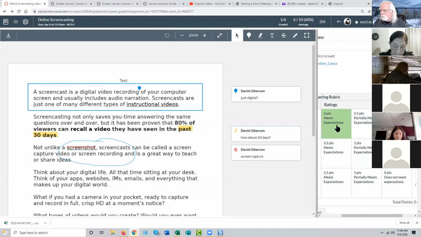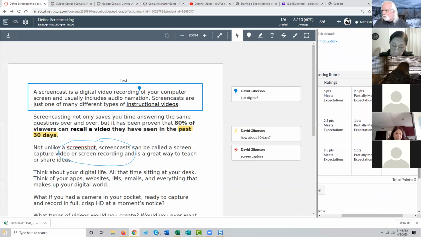And of course, I can make these more informative. This text, instead of meets expectations, I could type in something else. And then I can assign a number of points for each. So if I'm grading this sucker, the rubric is wonderful. Not only does it remind me what I had in mind when I wrote the assignment in terms of apportioning partial credit,